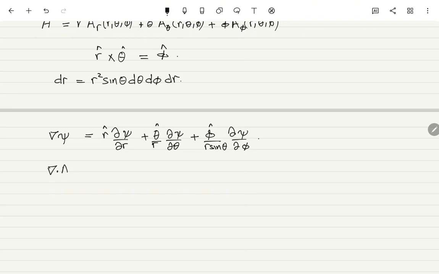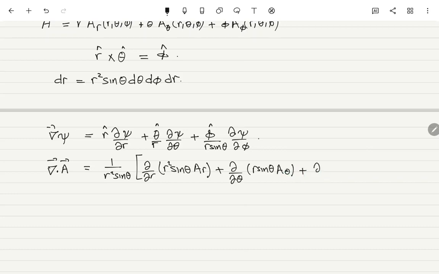So divergence A, in this case, is equal to 1 over r squared sine theta, partial of r squared sine theta A r, plus partial of theta r sine theta A theta, plus partial phi of r A phi. And again,